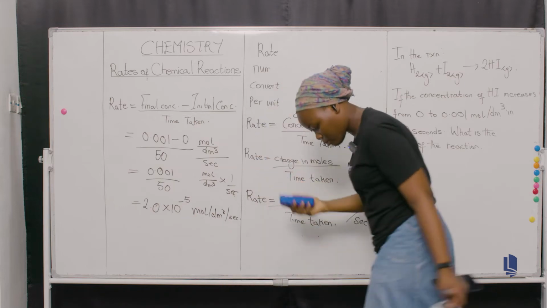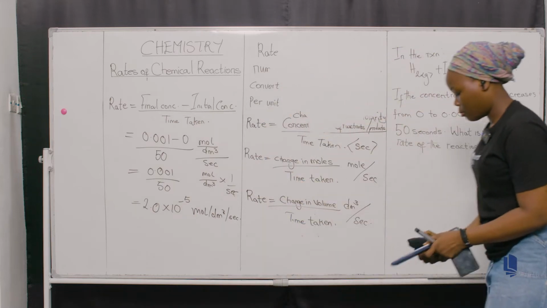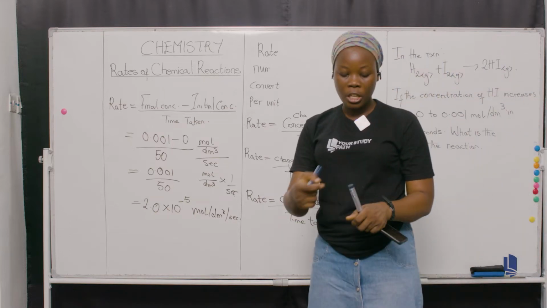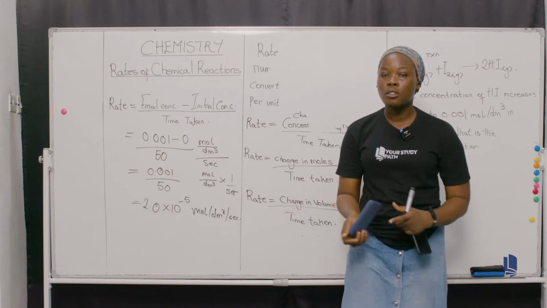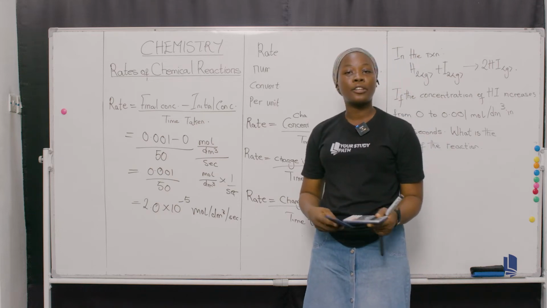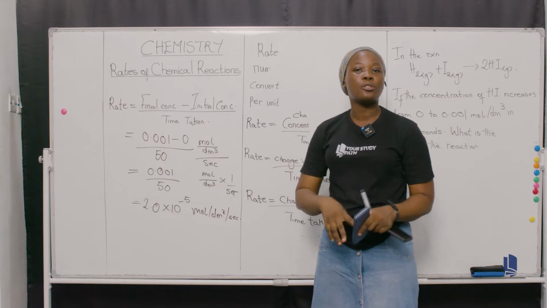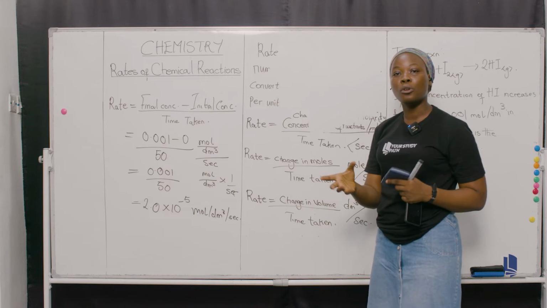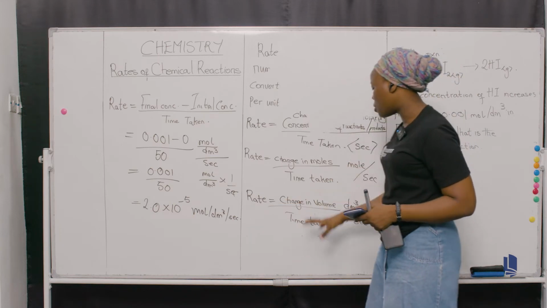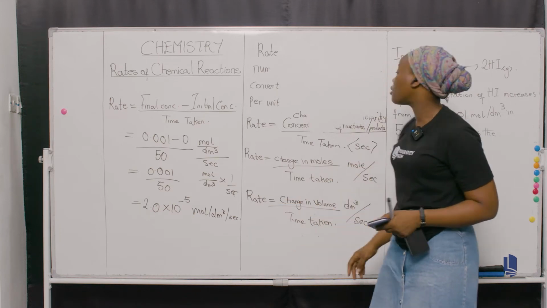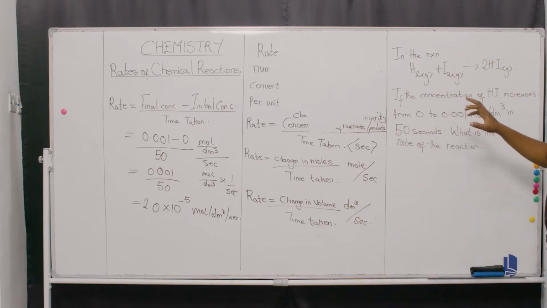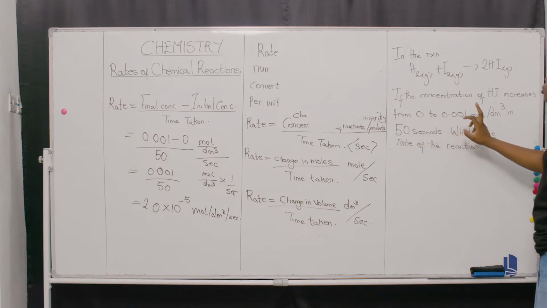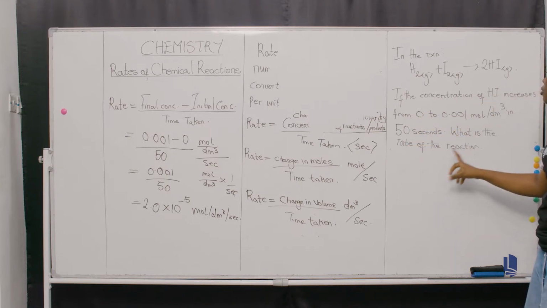All right. We are considering rate of reaction, right? And rate of reaction, by definition, is the number of moles of reactant converted or product formed per unit time. In terms of concentration, it will be the change in concentration over time taken. In terms of mole, it will be change in mole over time taken. In terms of volume, it will be change in volume over time taken. The question here is, if the concentration of HI increases from 0 to 0.001 mole per dm cube in 50 seconds, what is the rate of